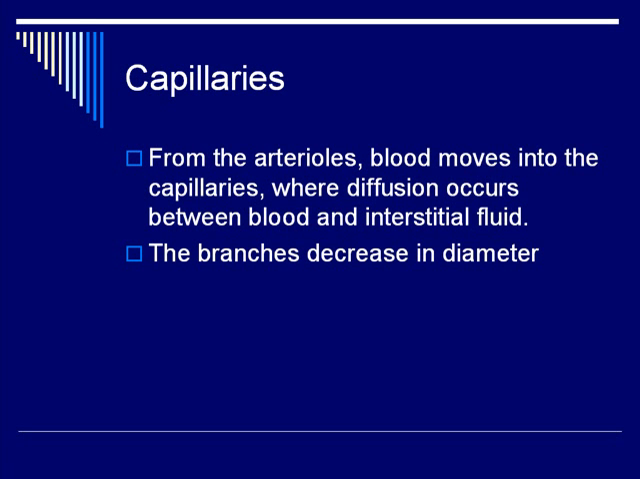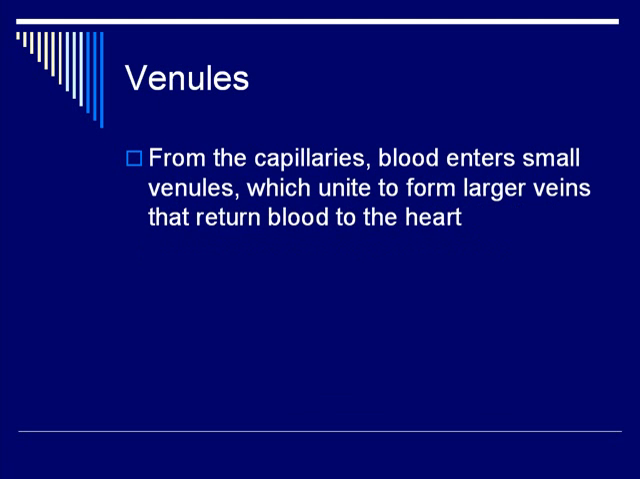Capillaries, from the arterioles moves blood. Capillaries, where diffusion occurs at the level between blood and interstitial fluid. Branches decrease in diameter, as I said earlier. Venules, from capillaries, blood enters into small venules, where it will unite to form larger veins that return blood to